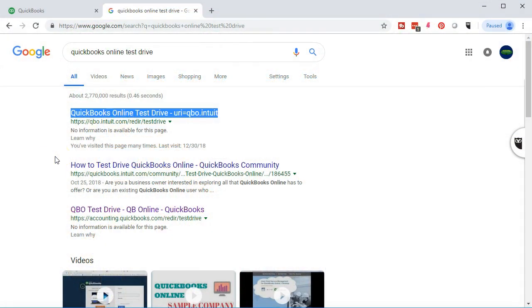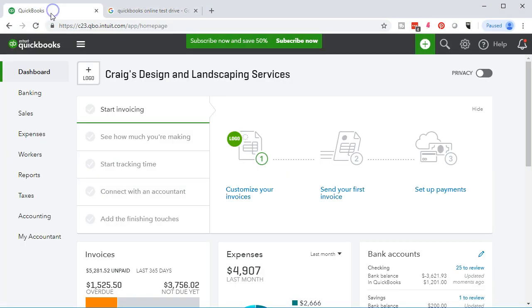Remember that we are using the QuickBooks Online test drive. You can Google that and find that, and we will be working then in the Craig's Design and Landscaping Services